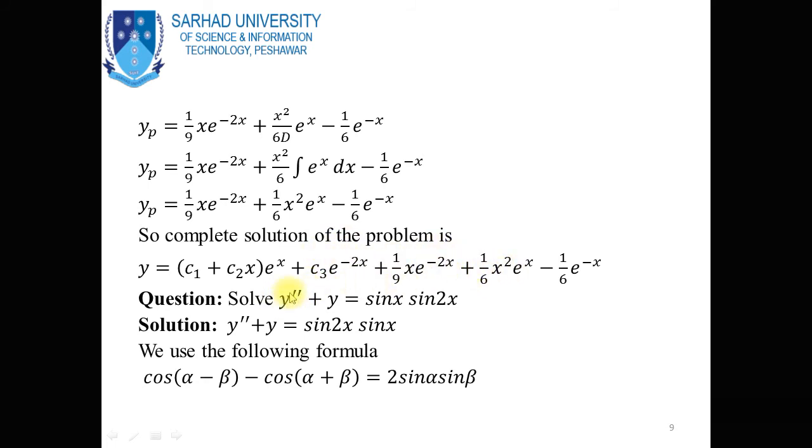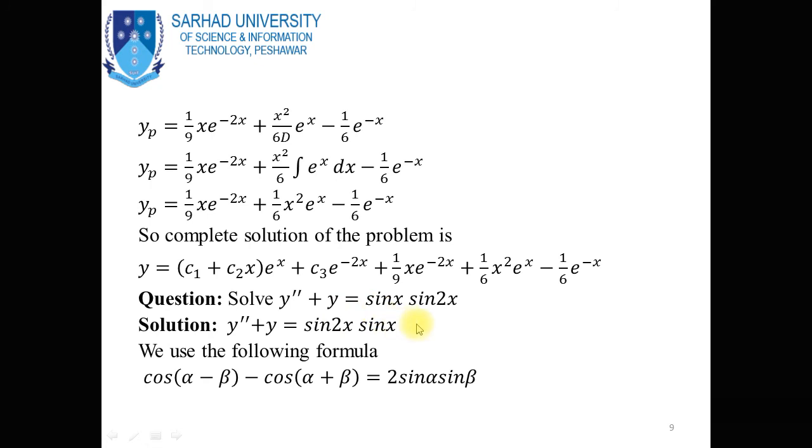Now another problem, y'' + y = sin x sin 2x, that is, sin x into sin 2x. To solve this equation, obtain the complementary solution and the particular solution. But first of all, you see over here a trigonometric formula, cos(alpha - beta) - cos(alpha + beta) = 2 sin alpha sin beta. So to convert this product of two trigonometric functions, sin 2x multiplied by sin x,